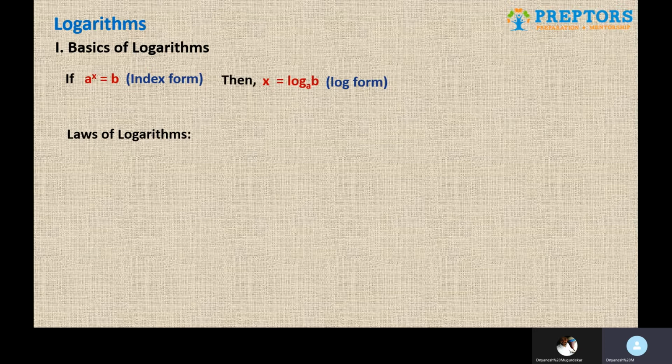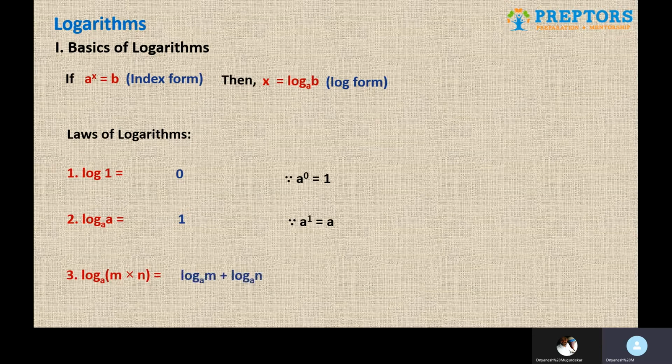The first formula or the laws of logarithms is log 1 is equal to 0 because a raised to 0 is 1. Then log a to the base a is always 1. Remember that the key learning from this is whatever is the number that you want to take the log for, and if the base is same, the answer to that is always 1. Third one, log of m into n, we get log m plus log n, and vice versa is also true. That means we never add in log, we always multiply.